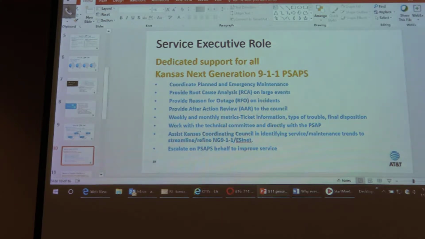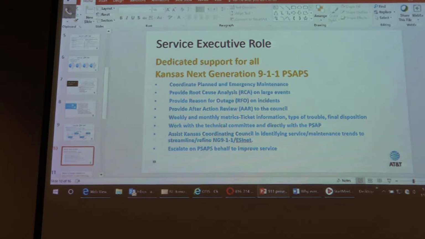When you have that situation, knowledge is key here. And if you have that situation, don't call me, because that's what I do. My only job is to support you all. If you've got a question on a bill, I don't do billing, but I will find somebody that does. I'm not a field tech, but I will find a field tech. My job is to keep you from sitting there going, well, where should I take this? You need to reach out to me. So if you have those problems, please let me know, because that way I can nip it in the bud and we can get it taken care of.